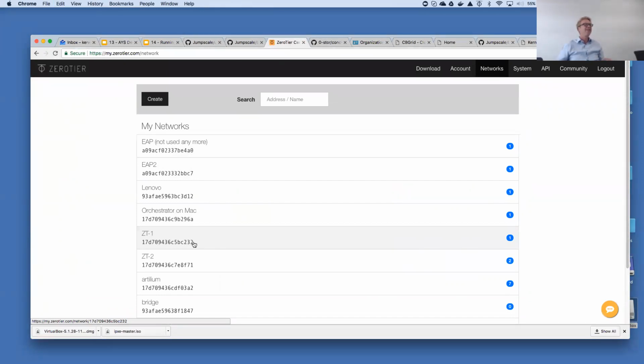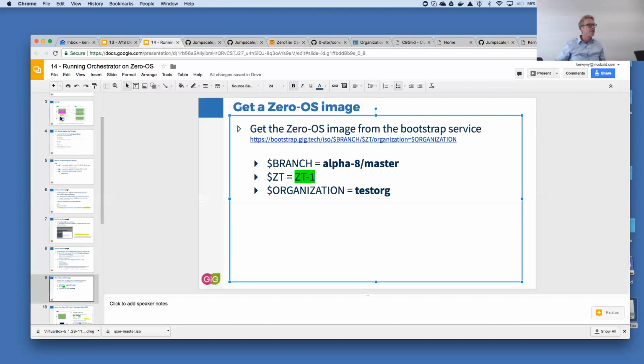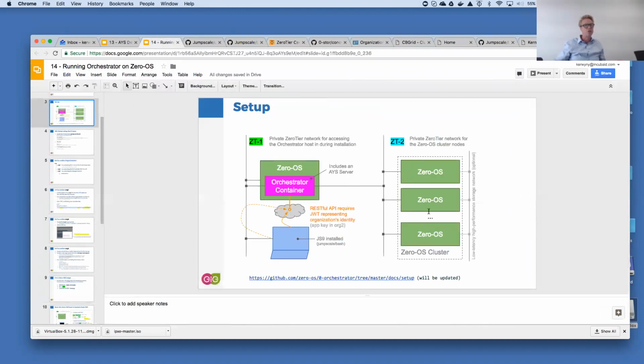Remember, at the end of this session, we need to download another image. Why? Because as part of the demo, we will be adding a machine. We will add a node. In the slide here, we will be adding one of those. And remember the way it works.